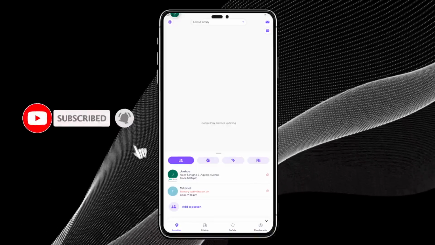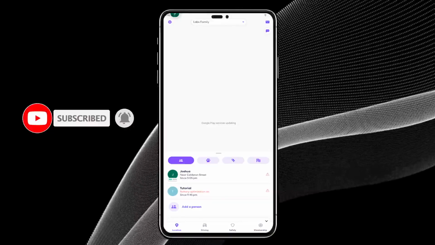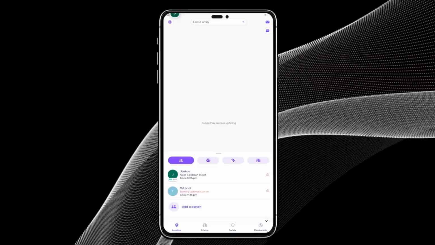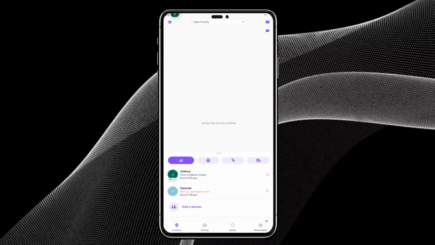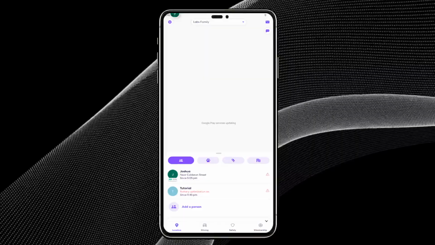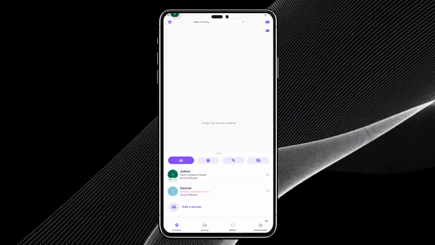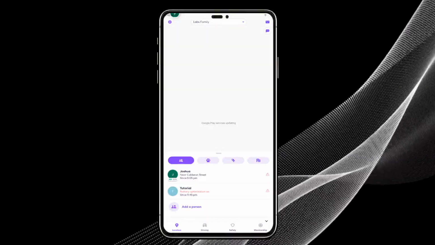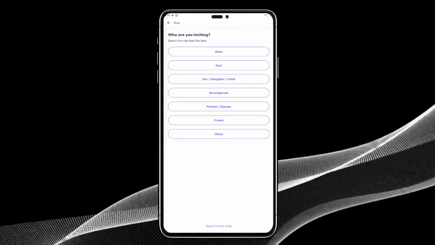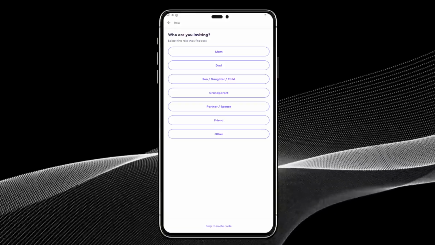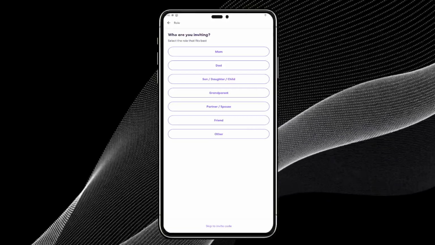First things first, make sure you have the Life360 app open on your phone. Once you're in the app and you can see your main screen or circle view, direct your attention to the bottom of your screen. You'll notice an option that says Add a Person. Go ahead and tap on this button to begin the process of inviting someone to your circle. This is the starting point for adding any new family member to your Life360 group, and it makes the whole